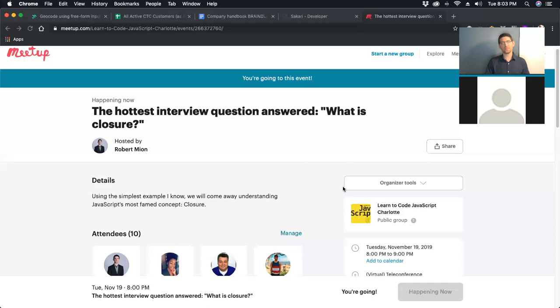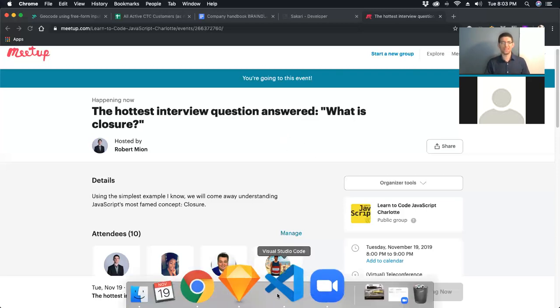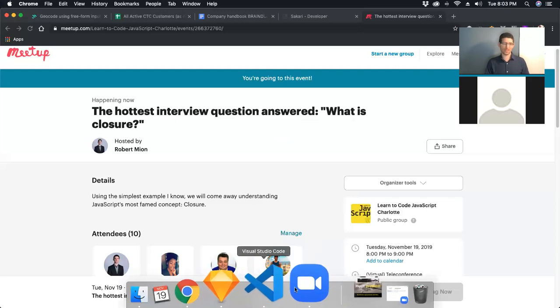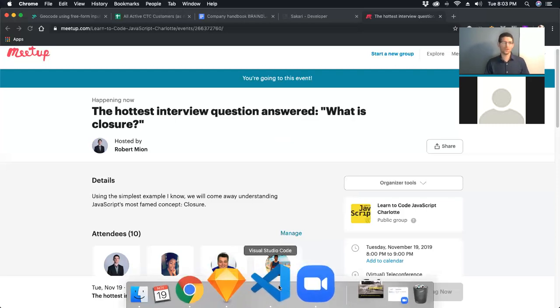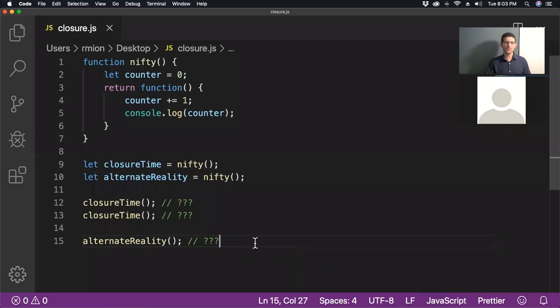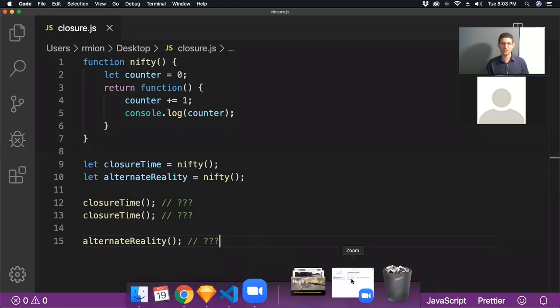Cool. Okay. And so keep chat open because I may ask you a question or two. So hopefully you can see, I know you're on your phone. Hopefully you can see this code snippet. Let me know.